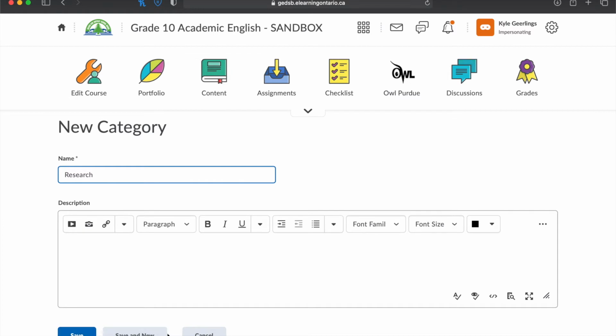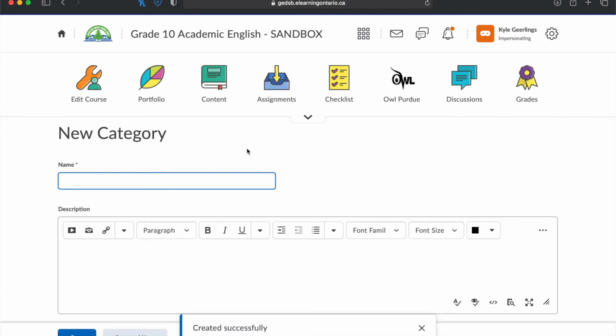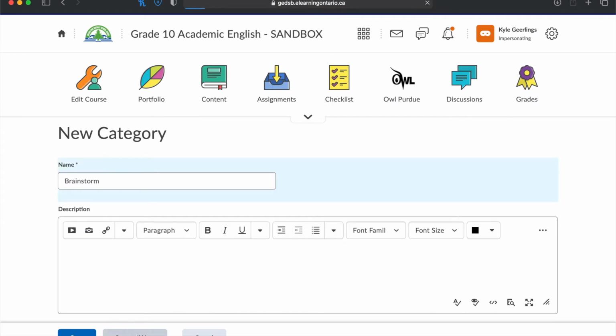But I know I want to create a couple categories. So I'm going to press save and new, and it will just bring me back to this new category page. So research, brainstorming, because I forgot that first. That's actually the first step. So I'm going to rearrange the order of that, and I'll show you how. Save and new,